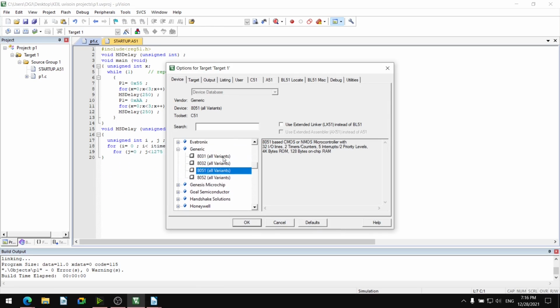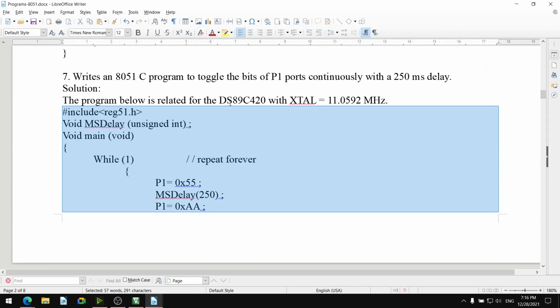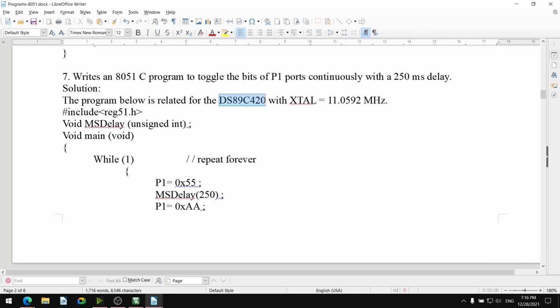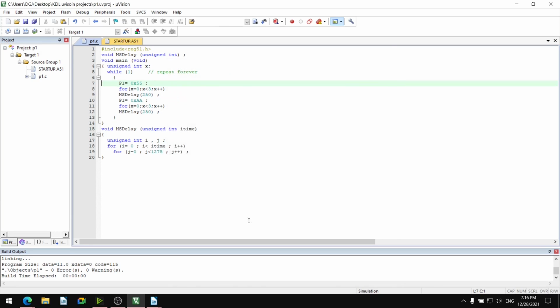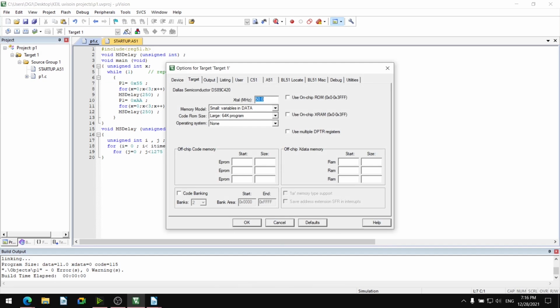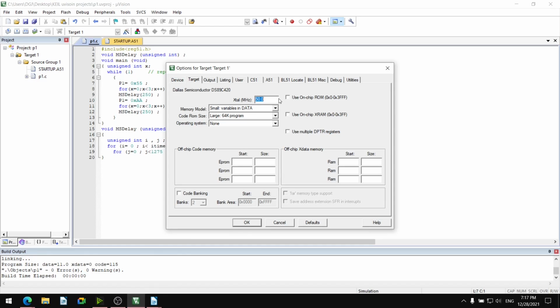We have to initialize the device 420. So this is the microcontroller, and it is having the crystal frequency megahertz, isn't it?